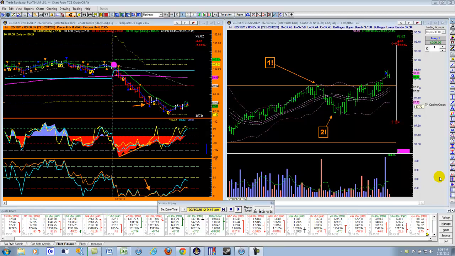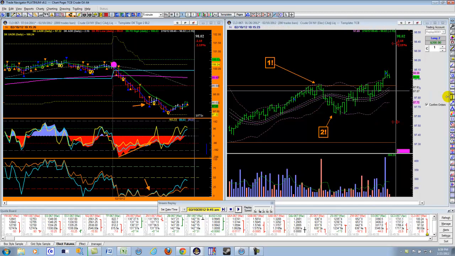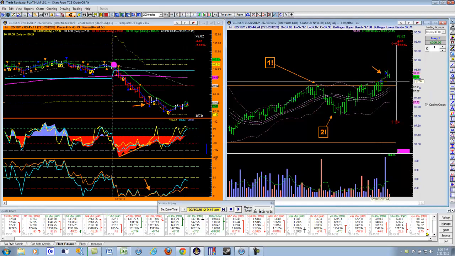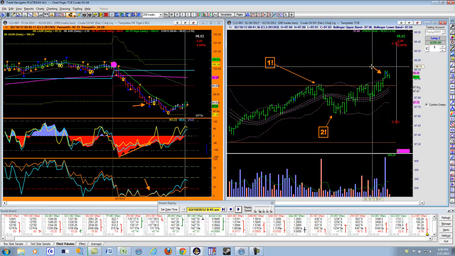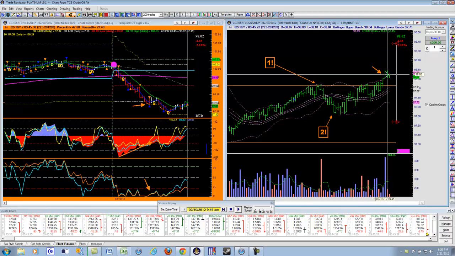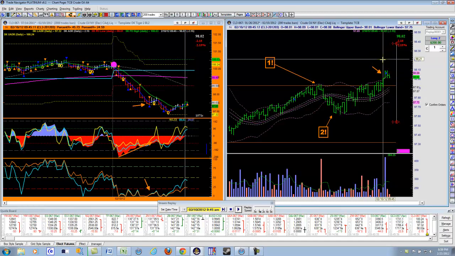Now here's part 2 of the same video that we were working with here, and we notice that we actually found our entry coming in here. Now this would have been filled closer to the 97 mark as it ran through here. But the way the simulator works, or whatever this is, it just waits for the close of the bar and then brings you in something like that.